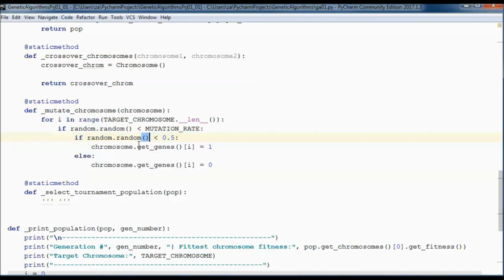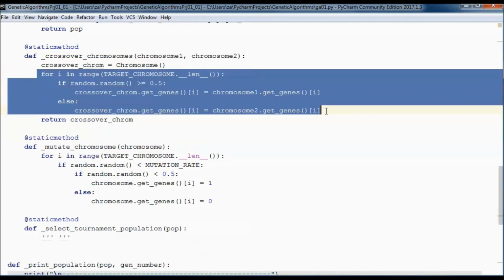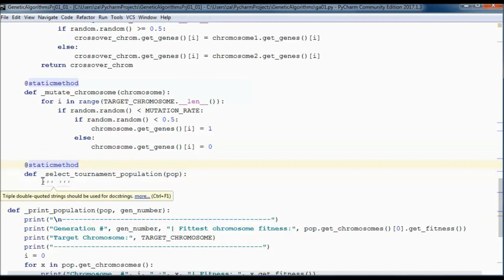So we set the gene randomly to 1 or 0 depending on if a random number is smaller than 0.5 or not. And in crossover chromosomes, the code that will do the random gene selection is this. And we still have to code one last method, the select tournament population.